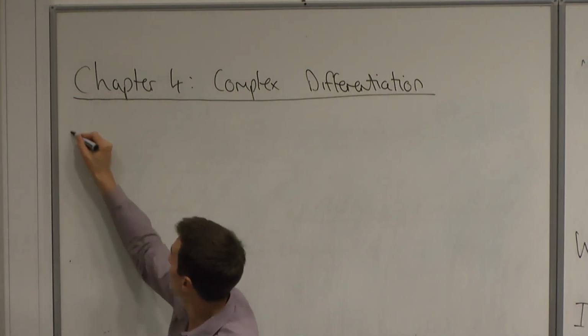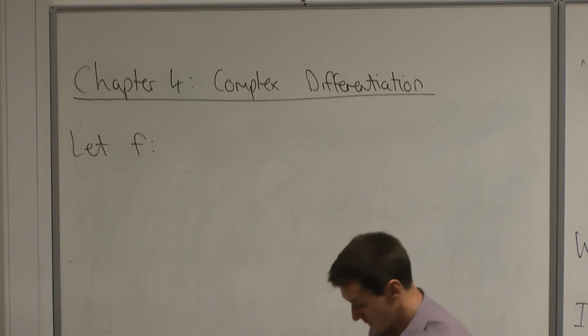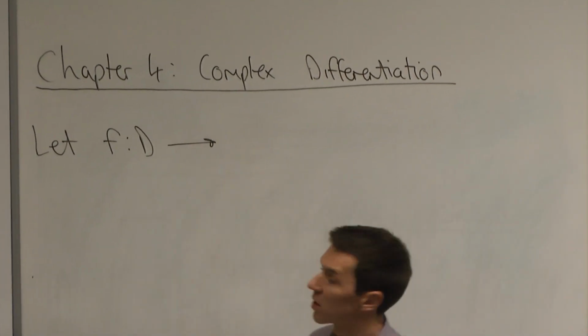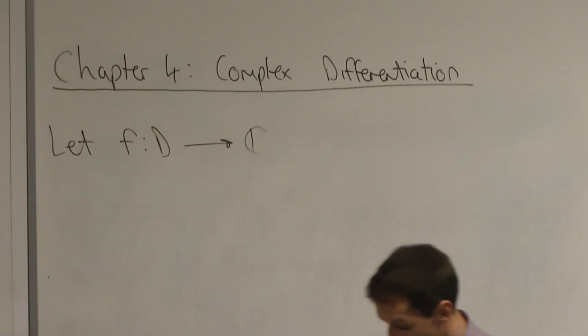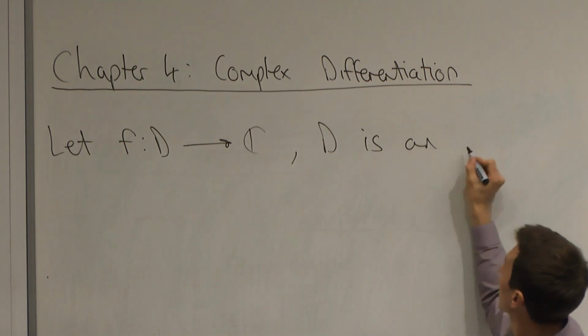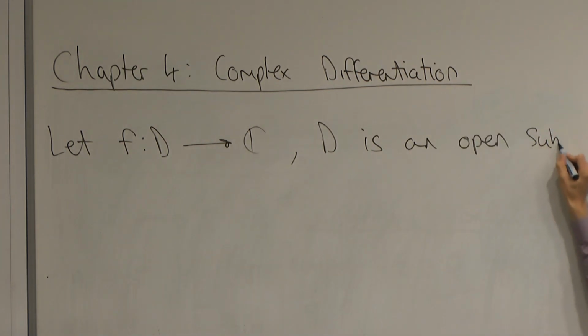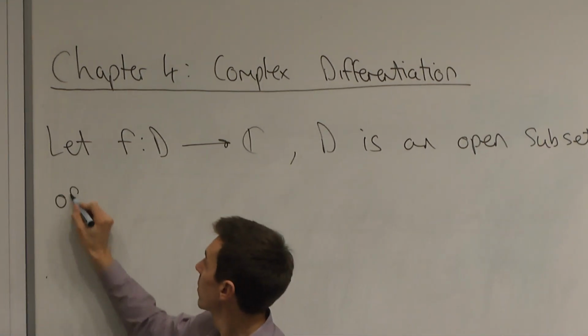So first of all then, if we let a function f from D, where D is a subset of the complex plane, to C, so D is an open subset of C,